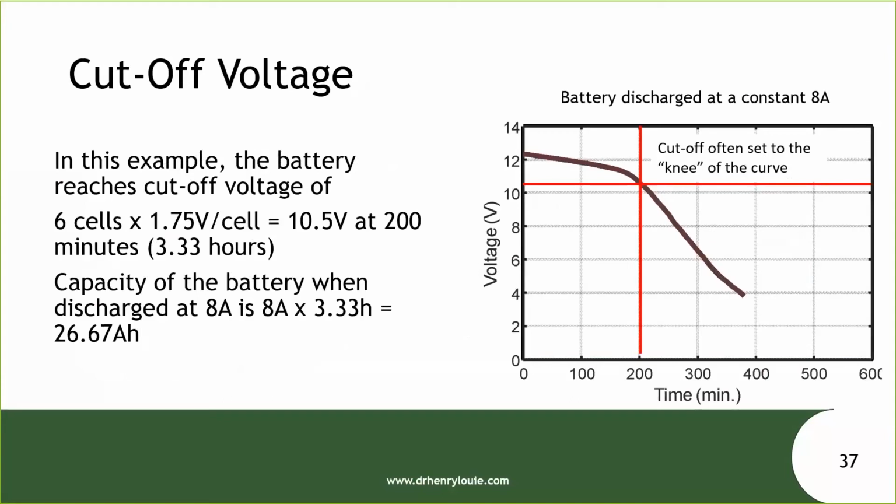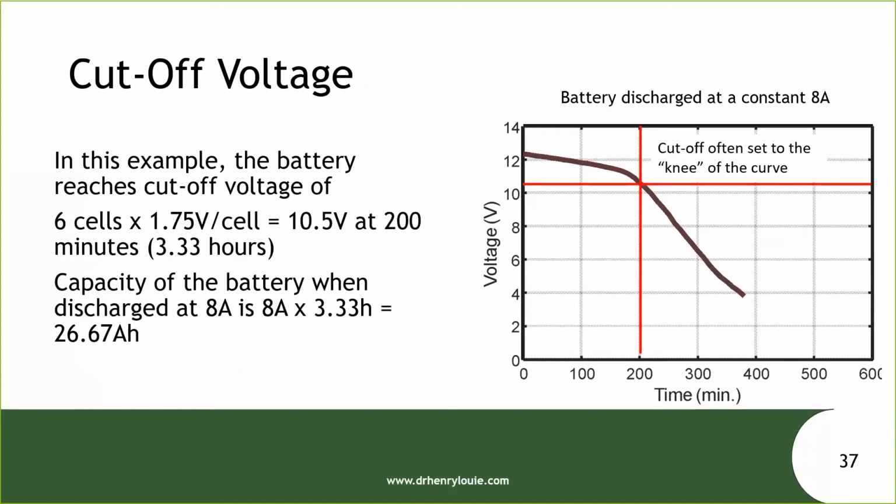To calculate the actual capacity of the battery, we pick a threshold voltage, or a cutoff voltage, and see how long it takes the battery to reach that cutoff voltage. The reason we pick a cutoff voltage is that, although we could continue to get more current out of the battery, the voltage has dropped so low that it's probably damaging the battery itself, or whatever is connected to the battery might not be operating properly.